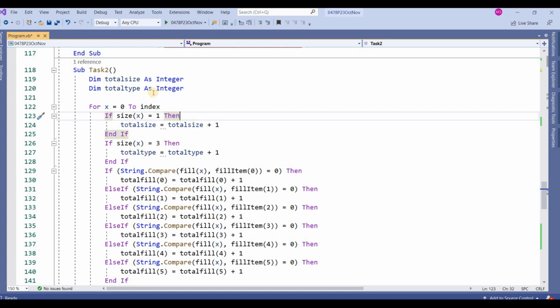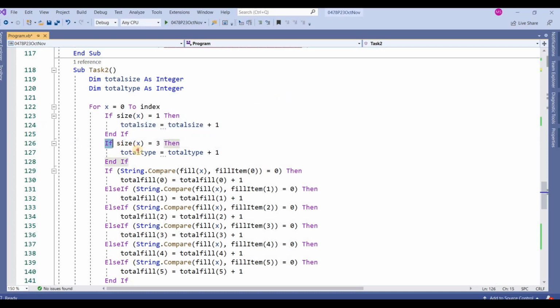It will give me how many elements of 1 are in the size array. If I get 1, the remaining is 2.